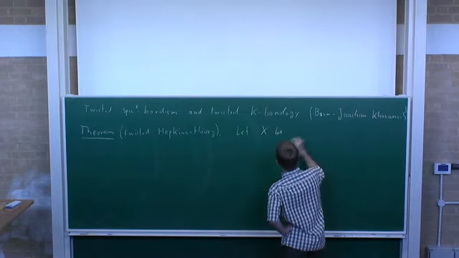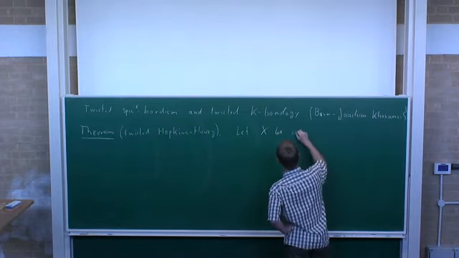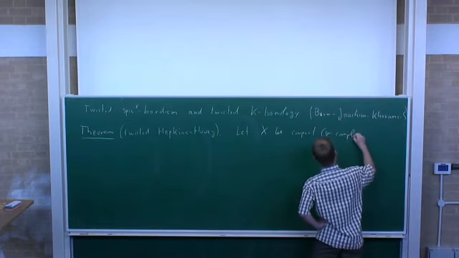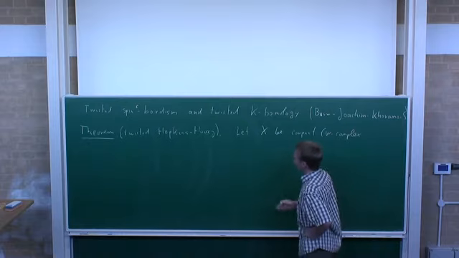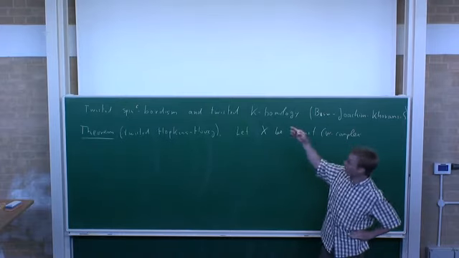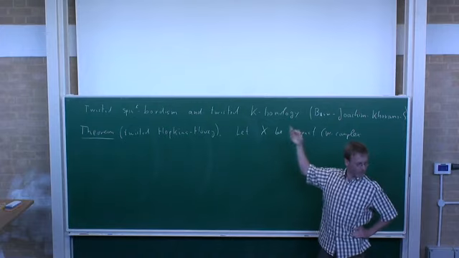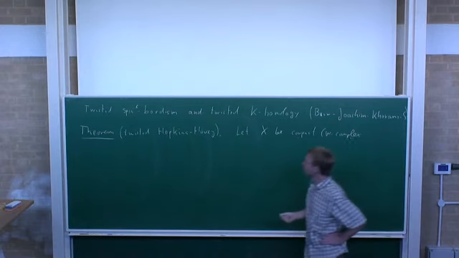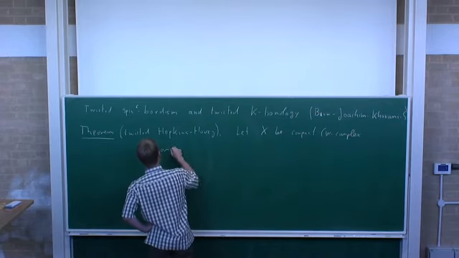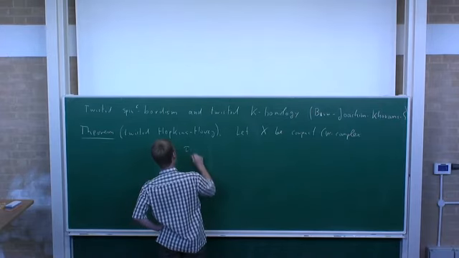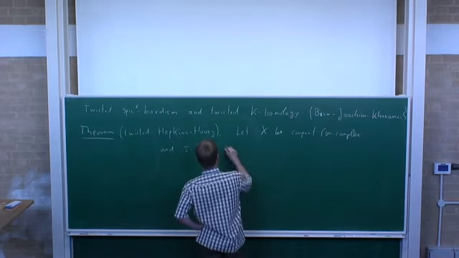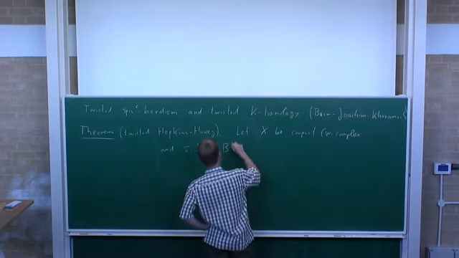So that's easy. We start with a space, let's say a compact CW complex. Generally, we are used to applying this kind of theories to spaces, right? Bordism or K-homology. And then there's a twist part. So we also have this twist, which is actually a map from X to a model for the classifying space of